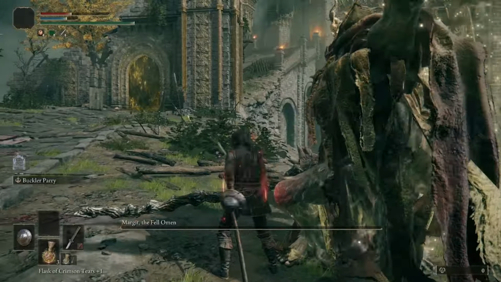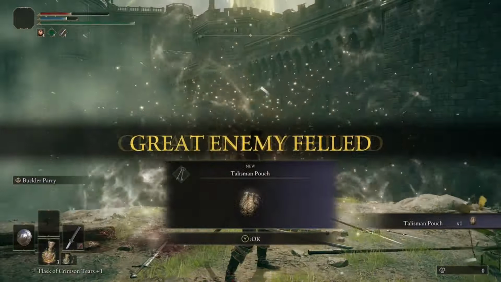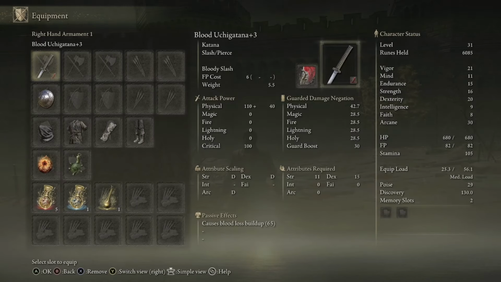After the fight is over, you'll be able to grab your second Talisman slot, and then you will be left with enough runes to go into Vigor one more time, so you'll have 16 Vigor, 11 Mind, 10 Endurance, 11 Strength, 15 Dexterity, 9 Intelligence, 8 Faith, and 30 Arcane. So after you get to this point, you're going to have a level 3 Uchigatana, you're also going to have the Radagon Sorseal, the Green Turtle Talisman, the Greenspill Crystal Tear, and the Dexterity Knot Crystal Tear,